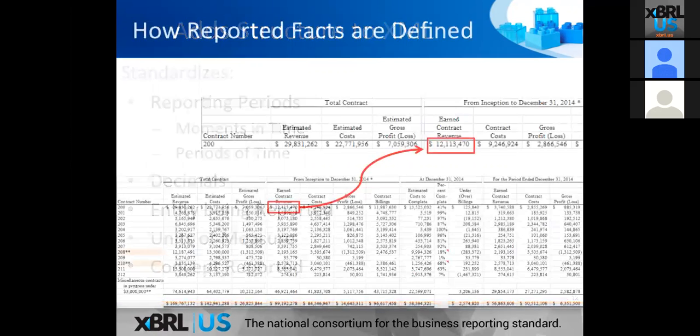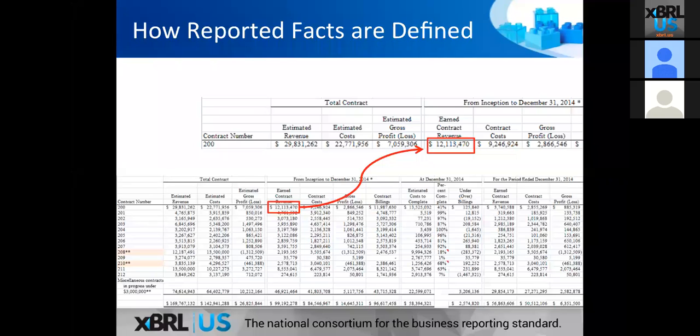So just to give an example of how this works, let's take a look at the work in process report that Greg was showing a little bit earlier. We'll look at an individual fact, and what I've done is extracted a bit out here so it's a little easier to read. You can see this figure, 12,113,470. We can look at the columns and the rows of this table, and we can determine that the value is defined as earned contract revenue. We know it's for contract number 200. If we look at that on the row, we know that it's for the period from inception to December 31st,